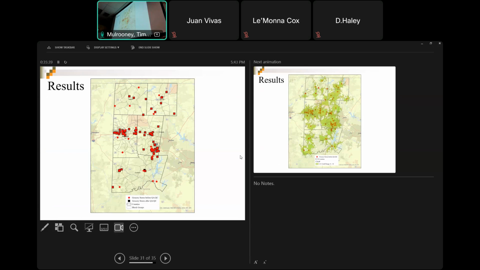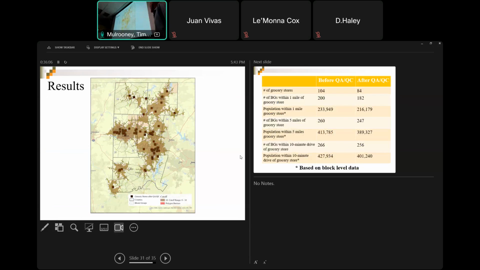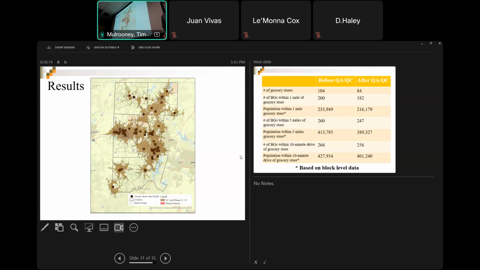So what I wanted to do was create a 10-minute drive time, because if I create a circular buffer around things, it's easy to calculate cartographically, but in reality, when you type in directions to go somewhere, what do you care about? How long it takes you to get there. Even though it might take more miles, that's what I care about. So I created a 10-minute drive time around the old map, and around the new map, and I started to ask how many people were impacted by this change.